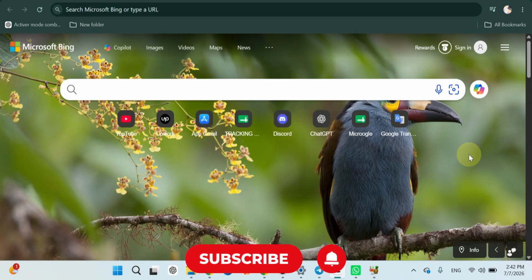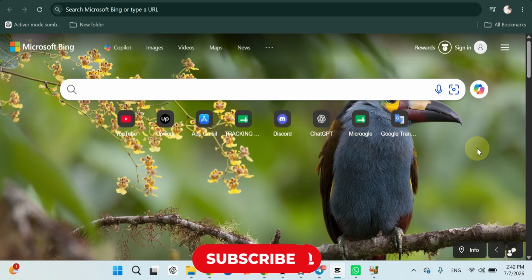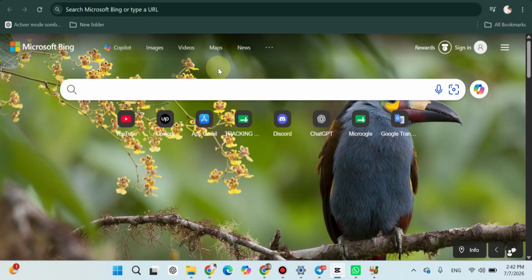In today's video, I'm going to show you how to remove Bing from Google Chrome and set Google as your default search engine using the latest version of Chrome. If your browser is using Bing and you'd rather search with Google, this process only takes a minute, so let's